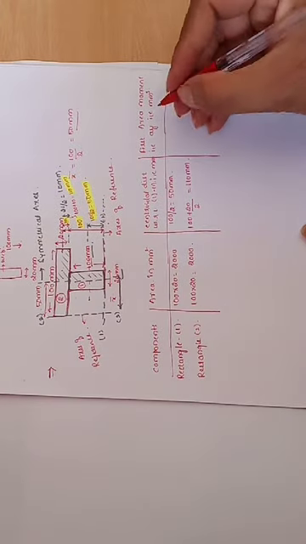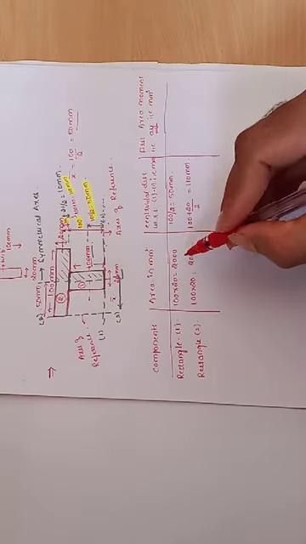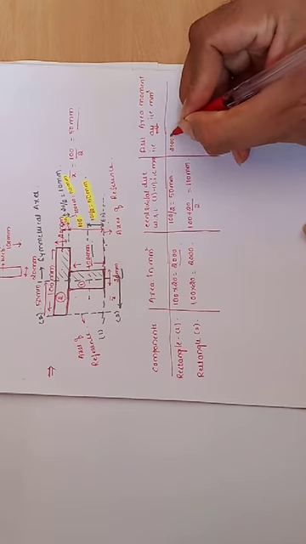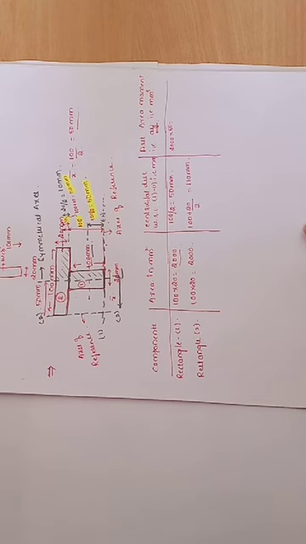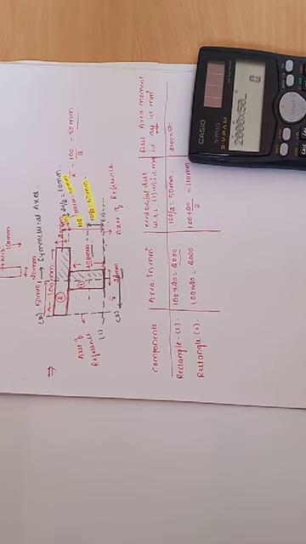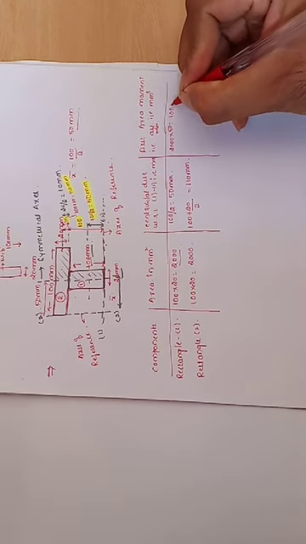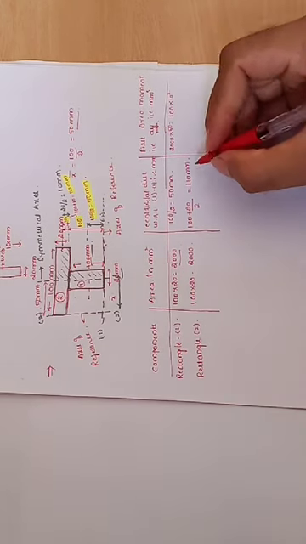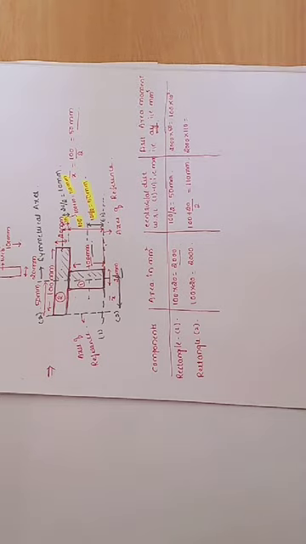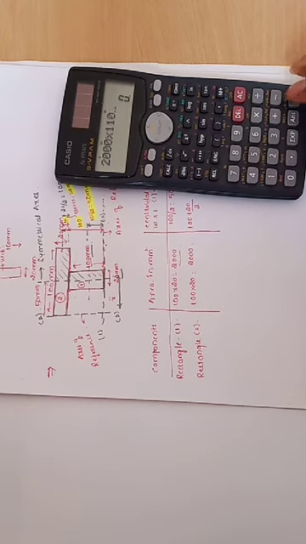Now next, find out what is the AY, the first area moment with reference to this 1 1 axis. That will be the area, 2000, multiplied by 50. Better you write it in terms of 10 raised to values. So 2000 multiplied by 50, how much will you get? 100 into 10 raised to 3 millimeter cube. Similarly, for the second rectangle, that will be 2000 multiplied by 110. How much will you get?